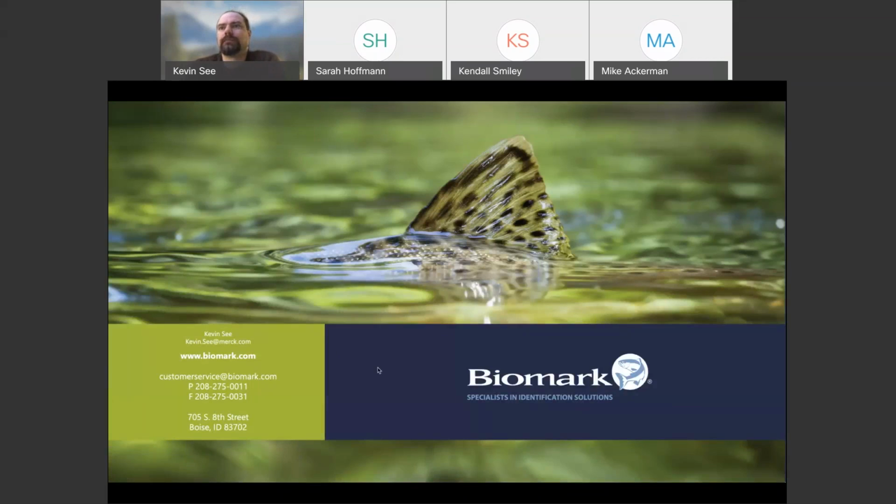Sure. I think the key point about aging and age data is that it allows you to tie those returning adults back to a particular brood year. So you know that the fish coming back this year that are age 4 came from brood year 4 years ago. And the ones that come back this year that are aged 5 came from the previous brood year, right? And so it goes back to building that